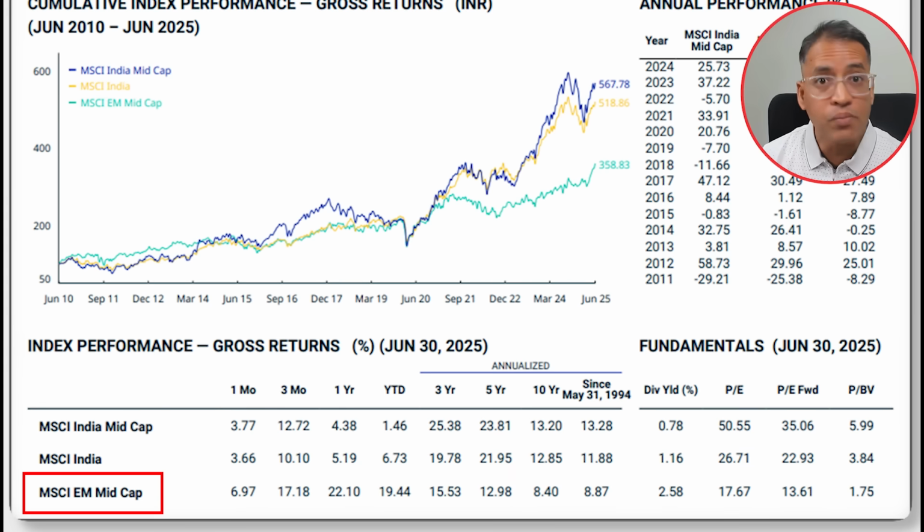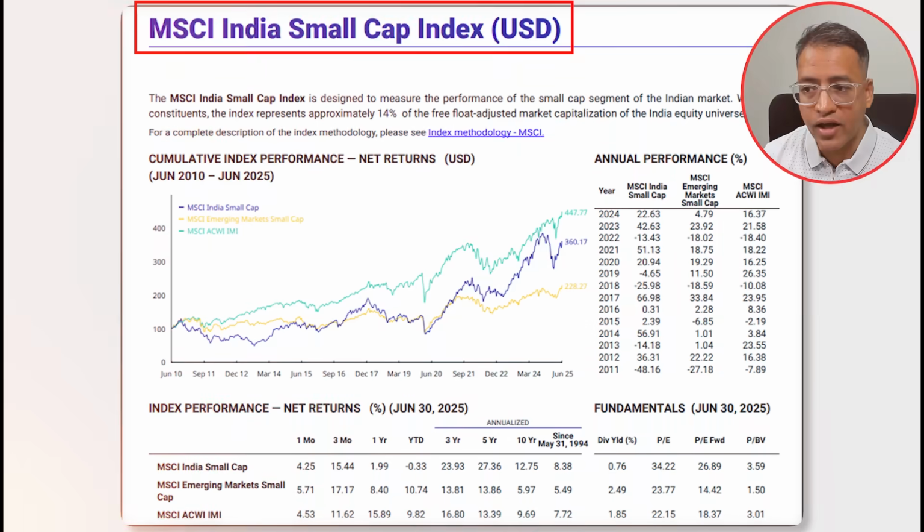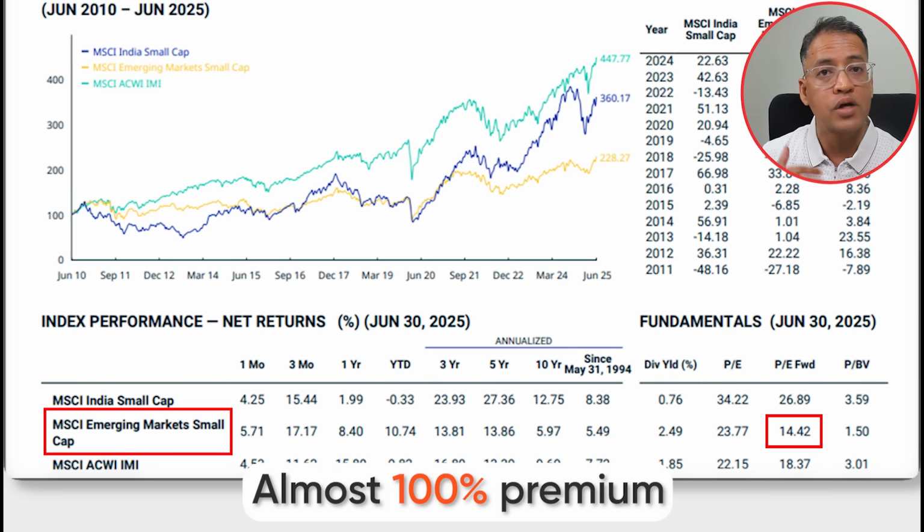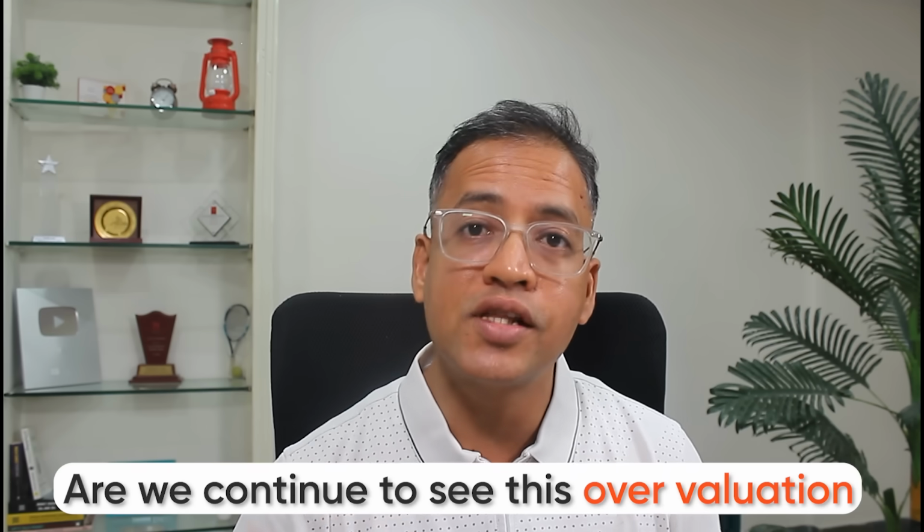But if you look at emerging market mid cap, it is only 13.61. I mean, these are crazy valuations right now, even in the mid cap space. If you look at small cap, very similar story here as well. If you look at India small cap, forward PE is 26.89 and emerging market is only 14.42, almost 100% premium. The question is, will we continue to see this overvaluation, because we could remain overvalued for a